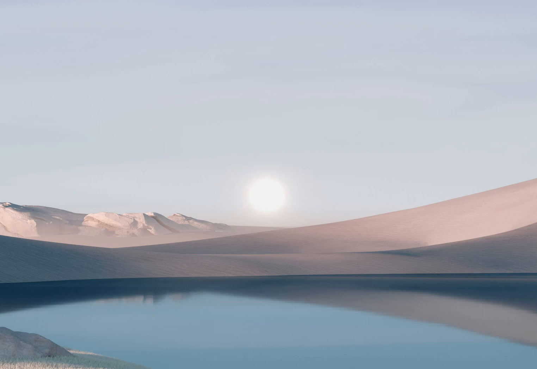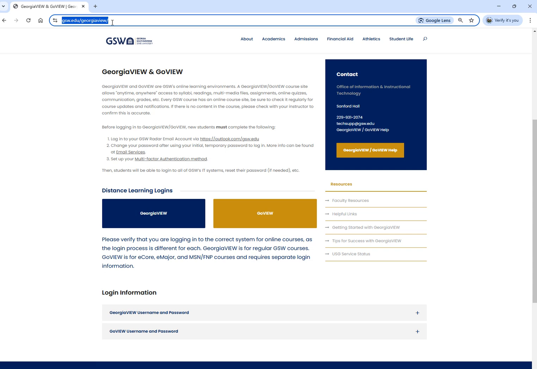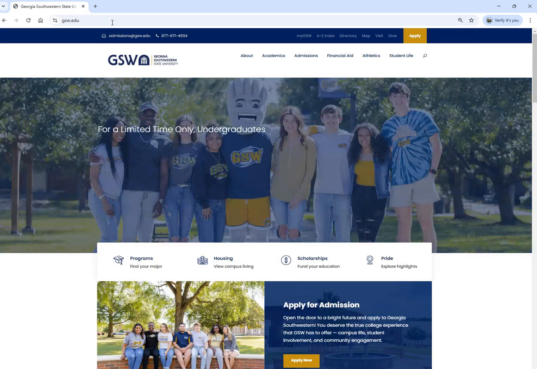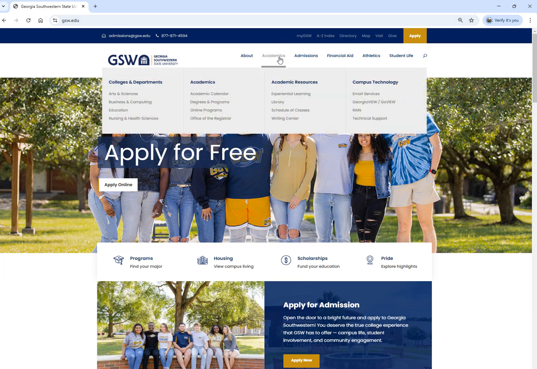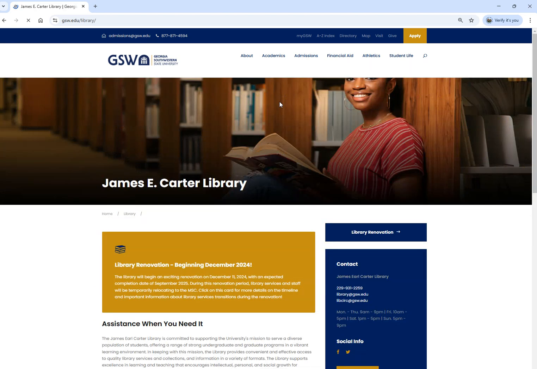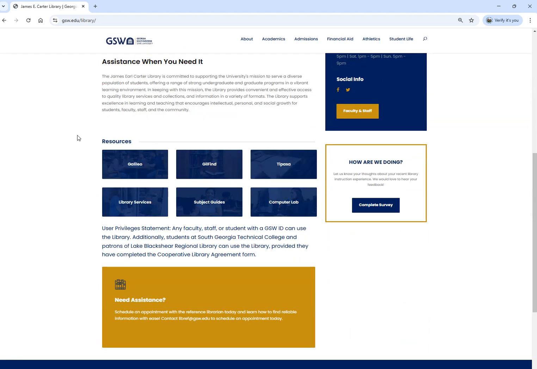What we want to do is click on a web browser. And once we're at a web browser, we want to go to gsw.edu. And from there, we want to hover over Academics. And then underneath Academic Resources, we want to click on the library link. And once you're on that library link, you'll scroll down. Now there are three